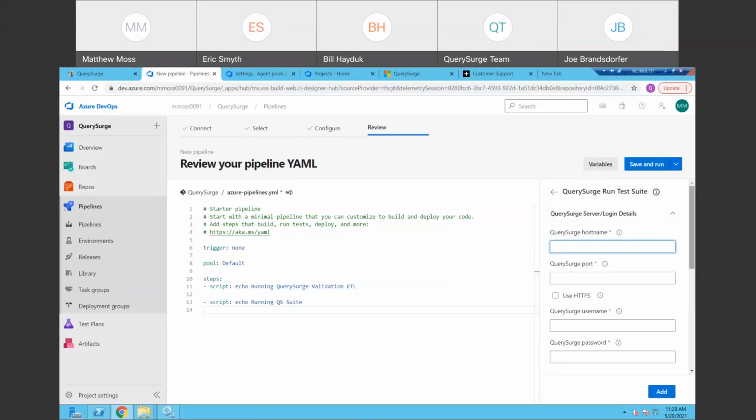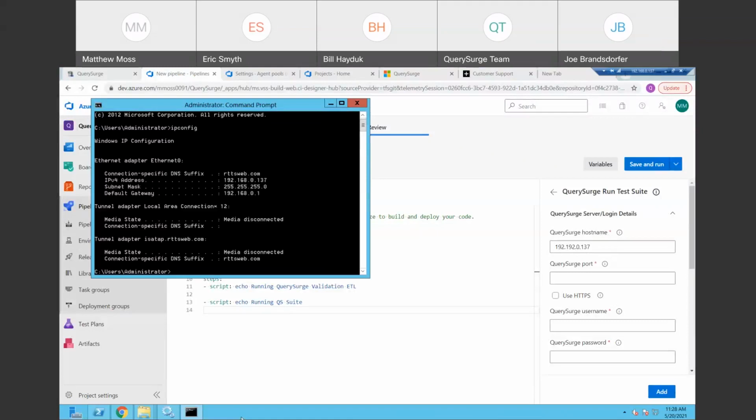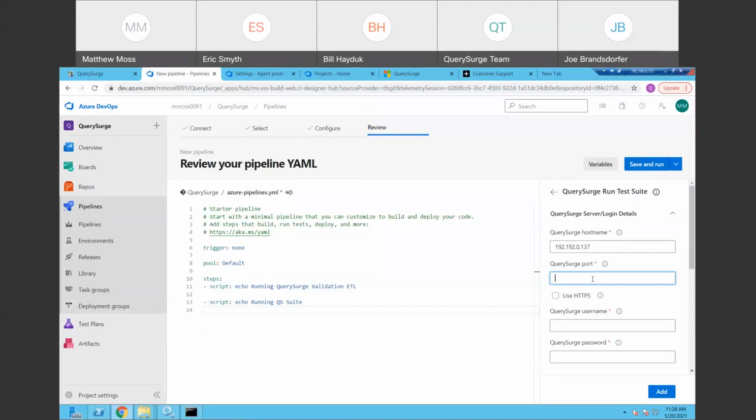The first thing we need to provide is our host name. In this case, I'm going to use an IP address. And that IP address is actually going to be my local machine. So if we see here, I have a self-hosted server, and my IP address is 192.168.0.137. I can use a fully qualified host name as long as it's accessible from the agent itself. The port is the port that QuerySurge is installed on. By default, most users are using port 80. However, if you have SSL enabled, that would probably be port 443,